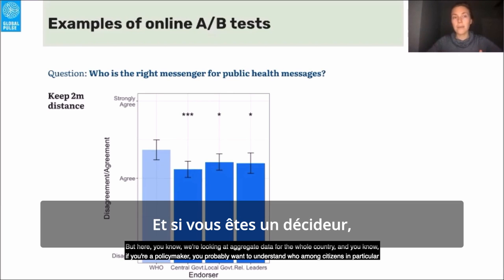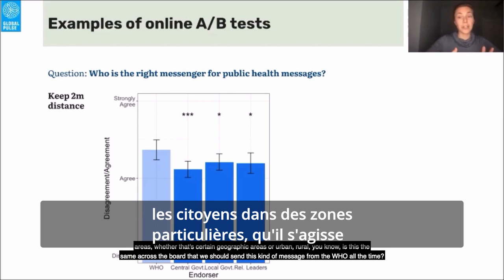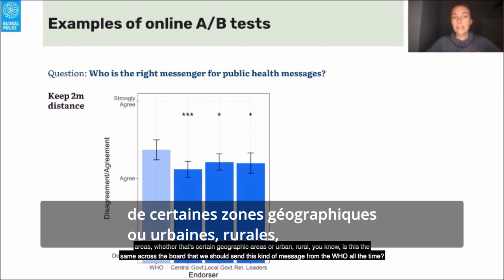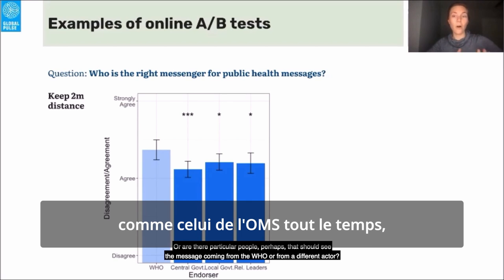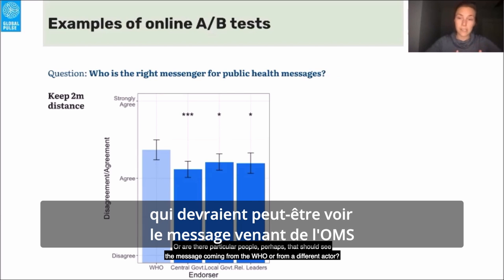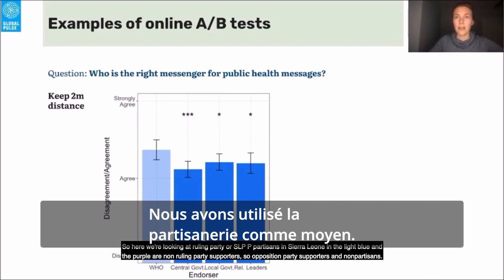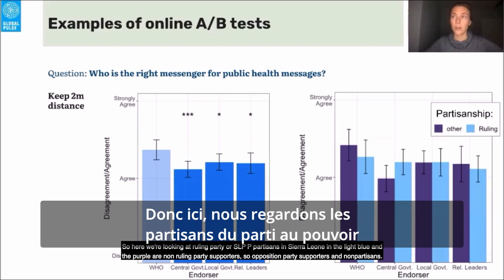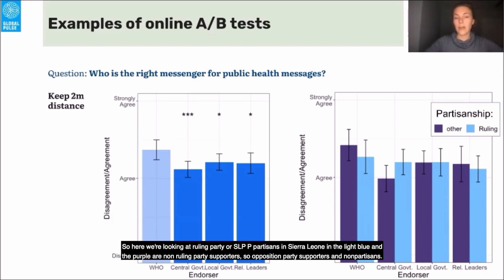And, if you're a policymaker, you probably want to understand who among citizens in particular areas, whether that's certain geographic areas or urban, rural, is this the same across the board, that we should send this kind of message from the WHO all the time? Or are there particular people, perhaps, that should see the message coming from the WHO or from a different actor? So one way to look at this that we did is by partisanship. So here we're looking at ruling party or SLPP partisans in Sierra Leone in the light blue, and the purple